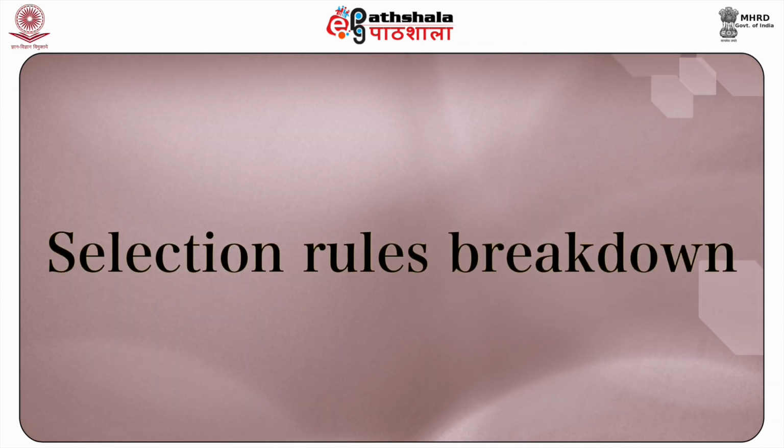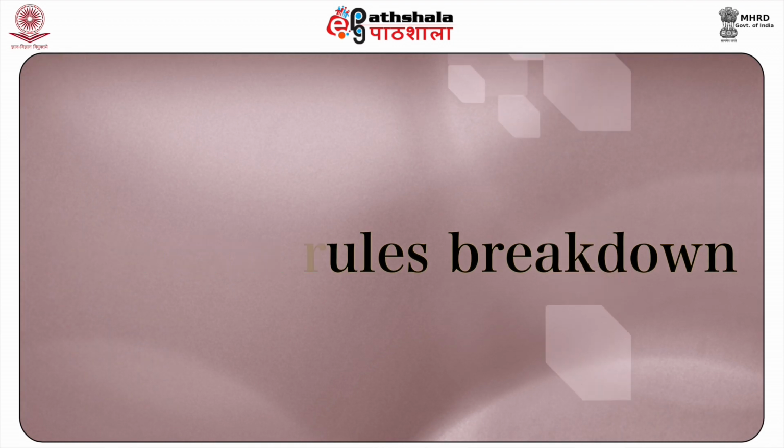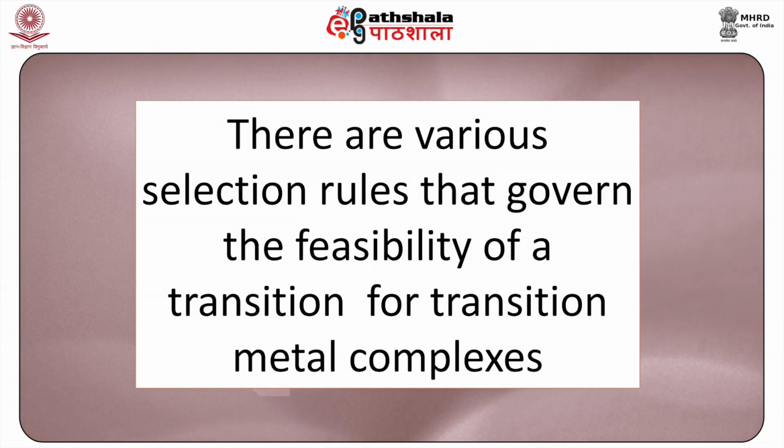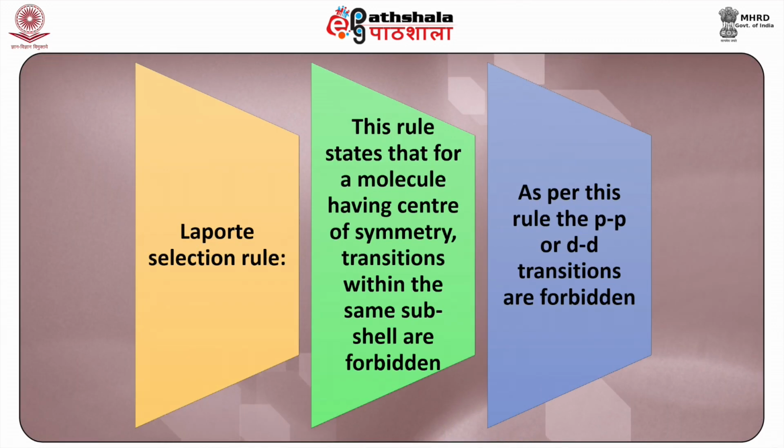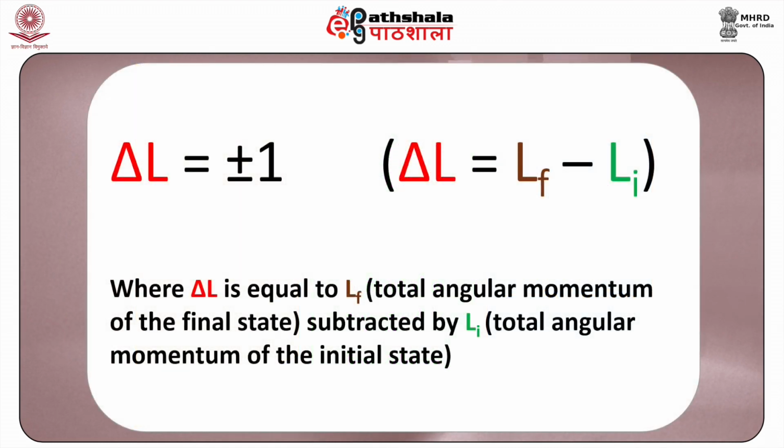Next, we are going to discuss the various selection rules and how their breakdown takes place. The various selection rules that govern the feasibility of a transition for transition metal complexes are given below. Laporte selection rule. This rule states that for a molecule having a center of symmetry, transitions within the same subshell are forbidden. As per this rule, p-p or d-d transitions are forbidden. Mathematically, the rule can be stated in the form of an equation,